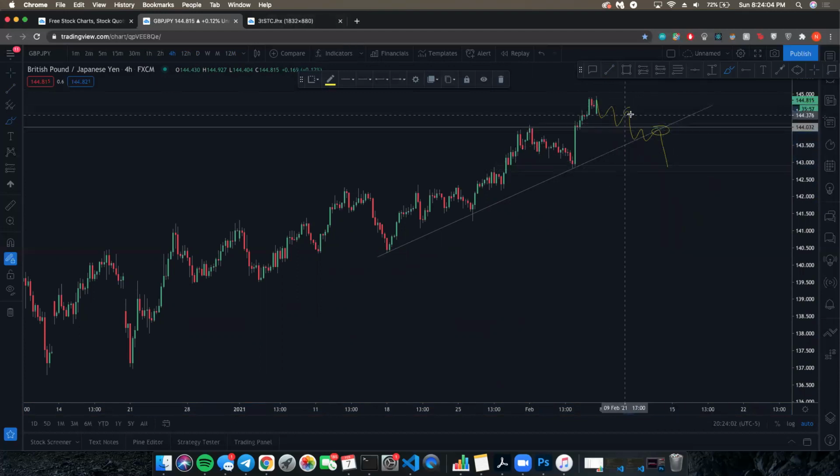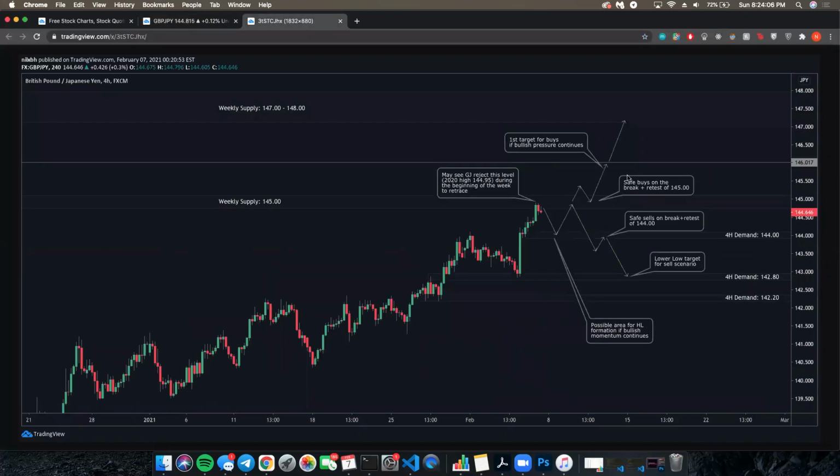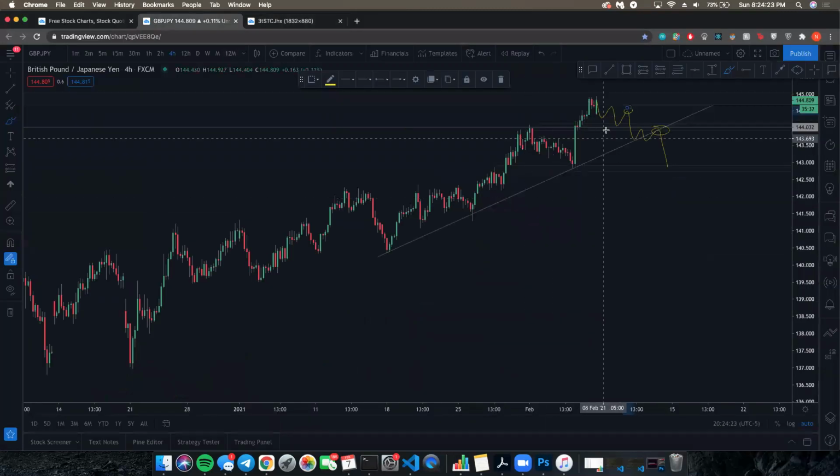So you are on the lower high, you just have to be watching these levels and how market structure reacts to them. These are the higher time frame levels I've drawn: 144.00, 142.8, 142.2, and then you can start drawing them more, okay? But these are just possible scenarios of how it could play out, like safe sells on the breaker retest. If lower highs were being made, intraday structures becoming bearish, lower highs, lower lows after rejecting here, and then 144.0 breaks, then you can possibly get sells on the retest of the trend line and